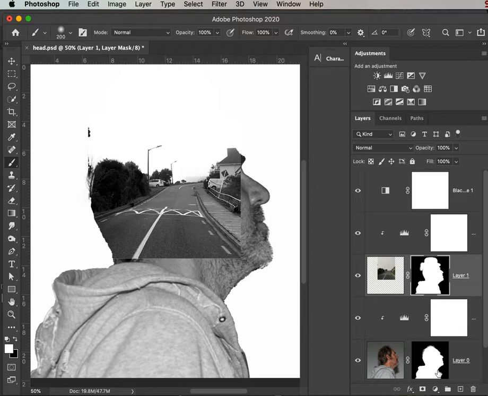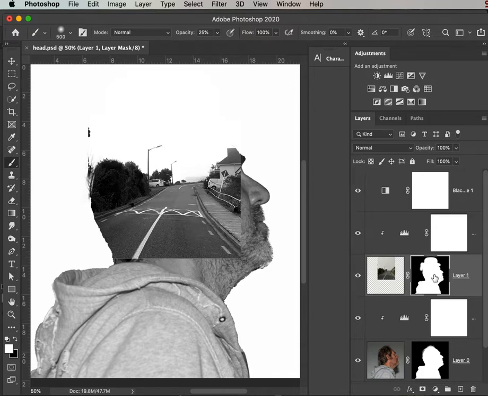And then with the other image, I can start to eat back into it. But with this one here, I'm going to have a soft brush. I'm going to move the opacity right down, make the brush a bit bigger with the right square bracket,